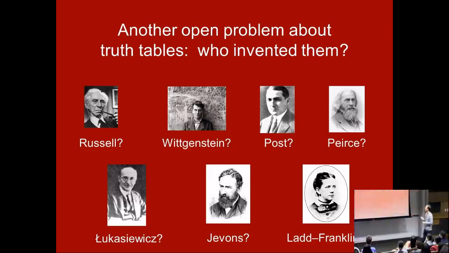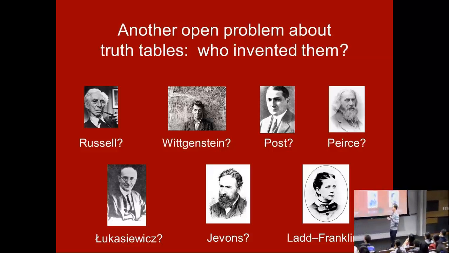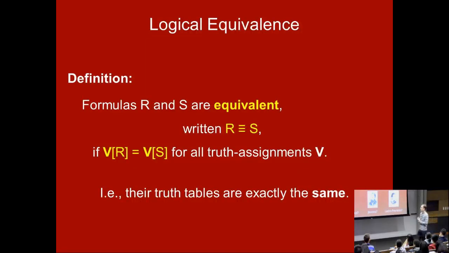He was a student of Russell, who some people also claim invented the truth table. But there are many other claims, like Post. He's a very overlooked guy in the history of computation. He also invented a notion of algorithms besides that of Turing. He's like a math teacher in New York. Some people claim this American guy, Peirce, invented them. But you shouldn't forget Poland. Some people say that Łukasiewicz invented them. Jevons, I read somewhere. Jevons' student, Christina Ladd Franklin, I've read somewhere. So this is a challenging open problem, which may appear on homework too.